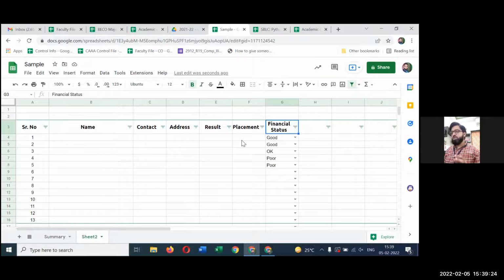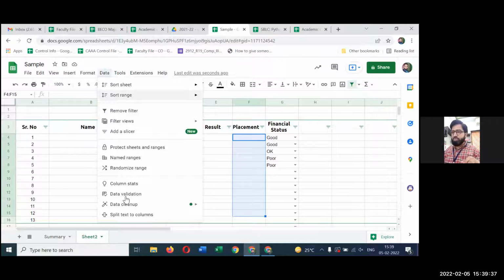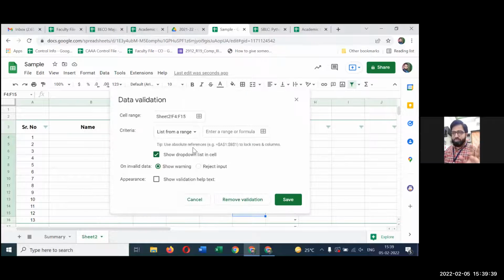जहां पर भी जिस किसी कॉलम में भी पॉसिबिलिटी ये है कि 2-3 कैटेगरी, 4-5 कैटेगरी या 8-10 कैटेगरी का ही डेटा लेना है, सो इट इज हाईली रिकमेंडेड कि आप वो पूरे कॉलम को सिलेक्ट कीजिए, आप डेटा वैलिडेशन पे जाइए और डेटा को वैलिडेट कीजिए आपने. ठीक है, बाकी सब चीज को रिजेक्ट करके रखिए.